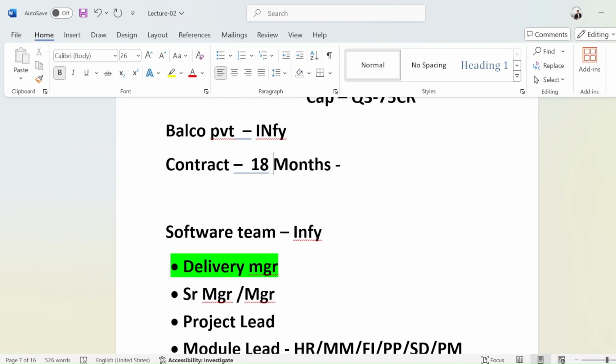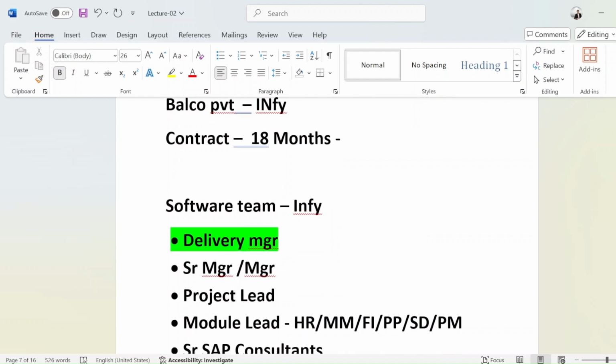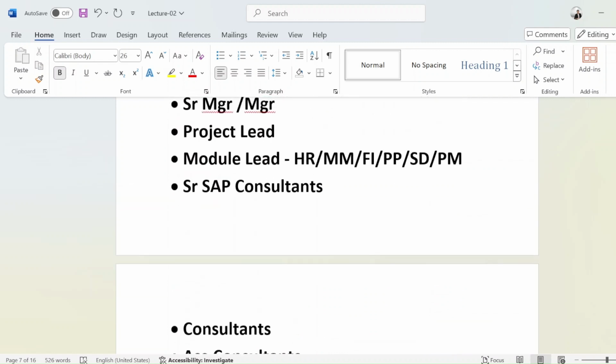Let's suppose they are trying to create a PO and they are getting some errors there. That is resolved by the support consultant. That's a support project, and those errors we call tickets in real time. So support consultants resolve them and help the users. Sometimes consultants also help to train end users in the companies. Training they used to provide. So that's a support project.